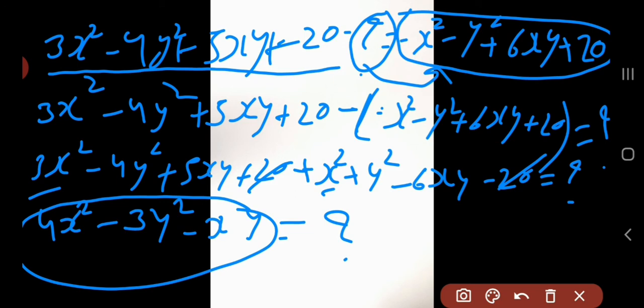Now what is our question number 6? Question number 6 is: from the sum of 3x minus y plus 11 and minus y minus 11, subtract this. It means you have two sums in one question. So first you have to add these two expressions, then subtract this expression. Understand?